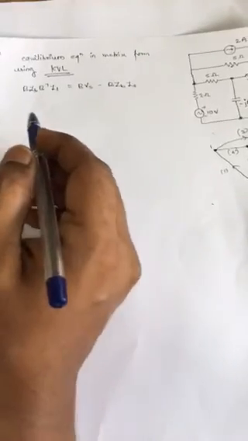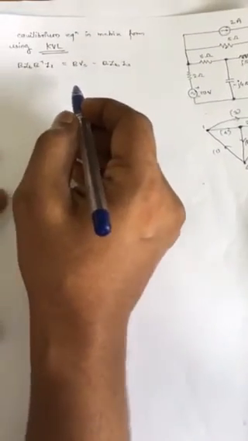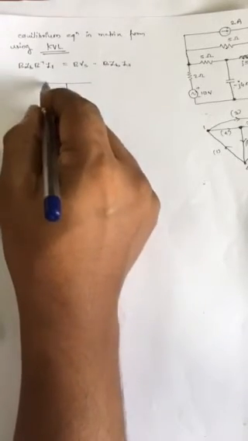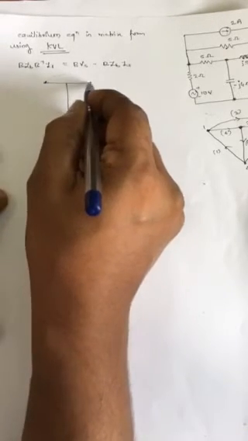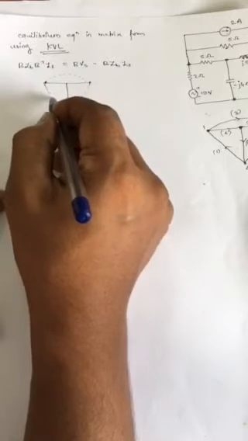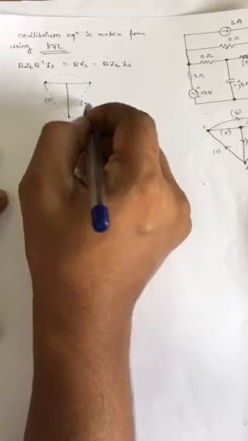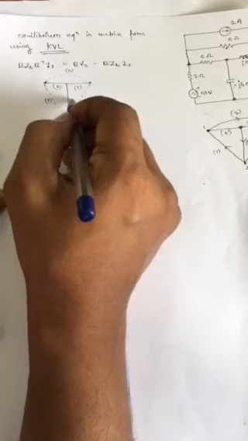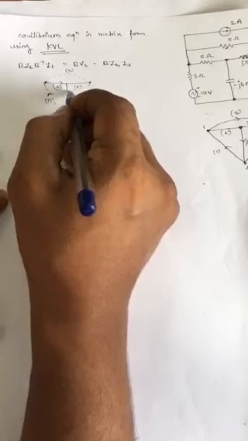Now while writing the tieset matrix, we will select a tree for this particular graph. I will draw the tree over here. The tree will be like this. I will select a simple tree. This is a tree. Now I will place all the links on it, instead of one by one I am placing all at a time. Branch 1, 2, 3, 4, 5, 6 with directions like this.